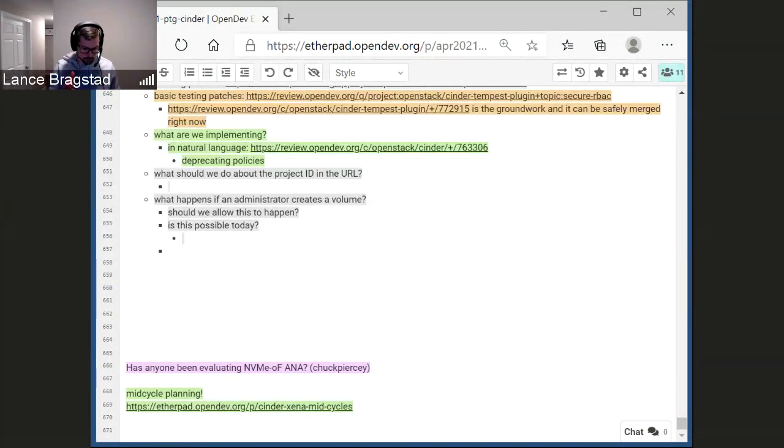And then there's the question of what we want to do with the project ID, because Cinder ultimately has a way to pass in the project ID, and that can come from the path, right? I think we have to figure out what we're going to do with that, because this third client approach is actually adding another way to specify a project. So for Cinder, you've got it in the URL, you can have it in the token, and you can have it in this header, which again comes through in the token. So what happens in all of these different cases?